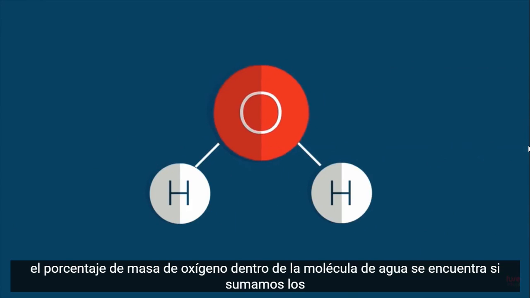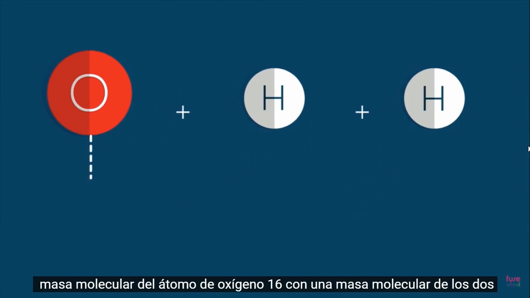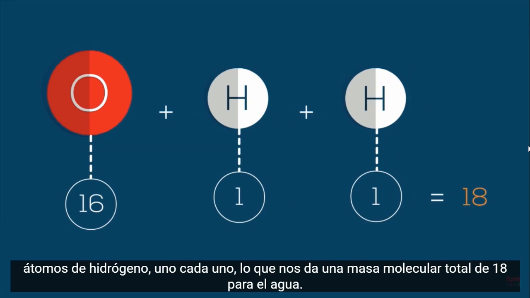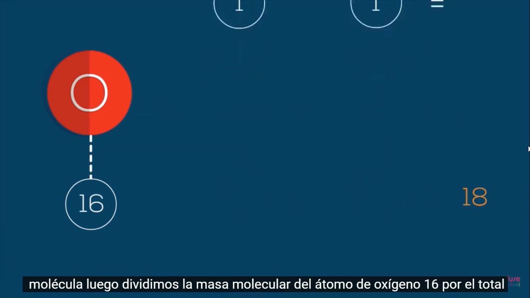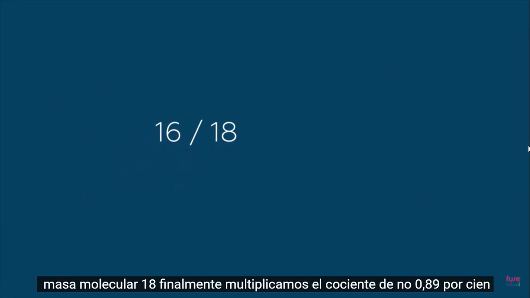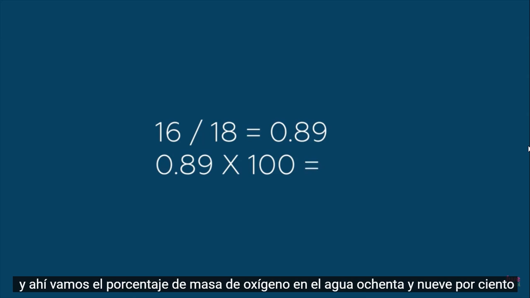The percentage mass of oxygen within the water molecule is found if we add up the molecular mass of the oxygen atom, 16, with the molecular mass of the 2 hydrogen atoms, 1 each, giving us a total molecular mass of 18 for the water molecule. We then divide the molecular mass of the oxygen atom, 16, by the total molecular mass, 18. Finally, we multiply the quotient of 0.89 by 100, and there we go, the percentage mass of oxygen in water,